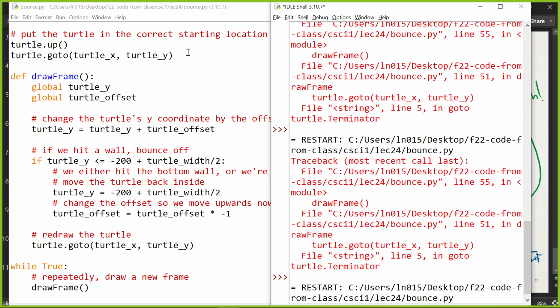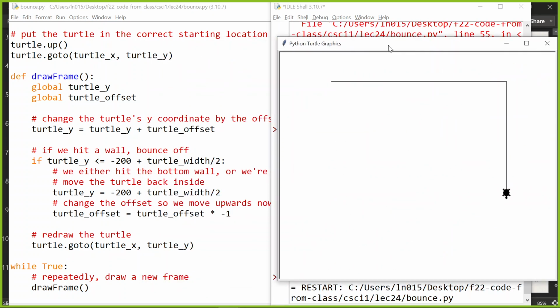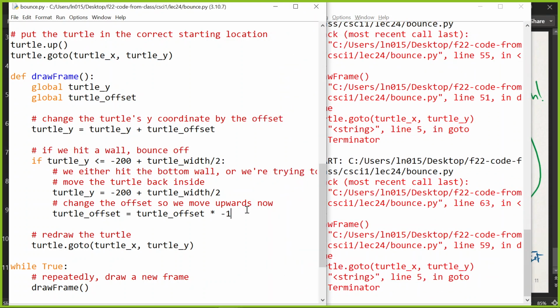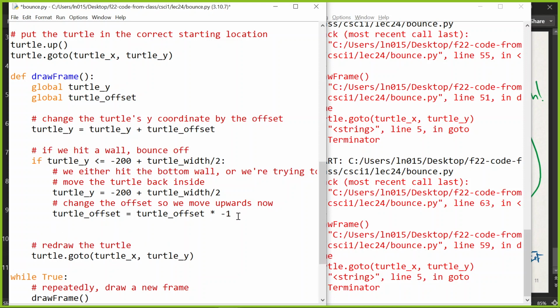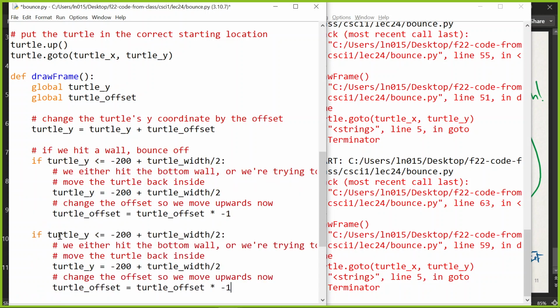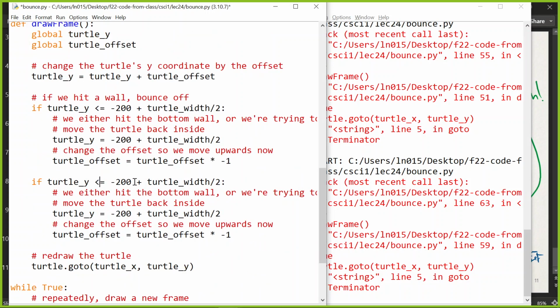And then we'll notice that we need the same for the top. Going down, going down, going down, bounce off, cool. And now we flew off into space. So let's do the other way. We need to also check for that. That could be an elif, right? If, elif, else, or just to make it easy, you can't have both at the same time anyway, so let's just make it another if. Who cares? So if the turtle's y is trying to go over +200 minus width over 2,